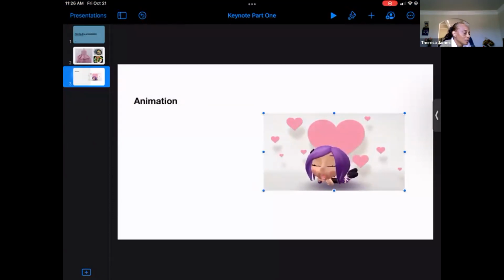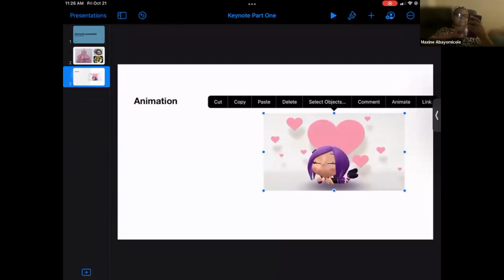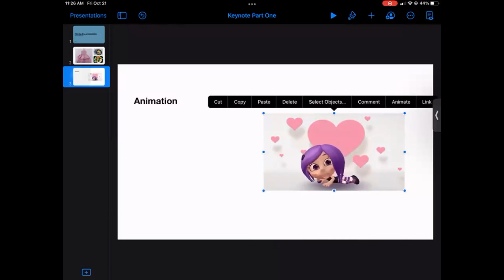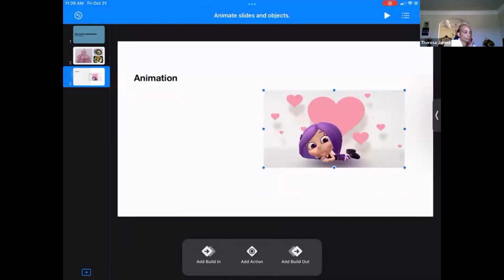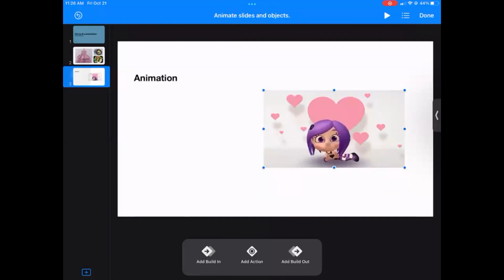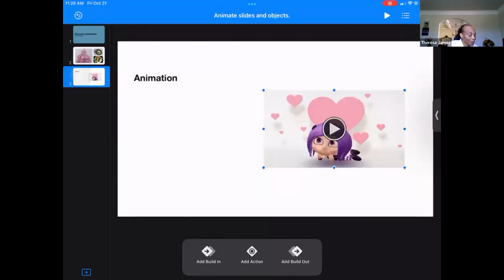Happy Mother's Day to you. I like that. Animate. It came up animated. Happy Mother's Day. Can you animate an animated object already? Okay, yes. So now we're going to go here. Notice I tapped and I selected animated, and now it's giving me down below